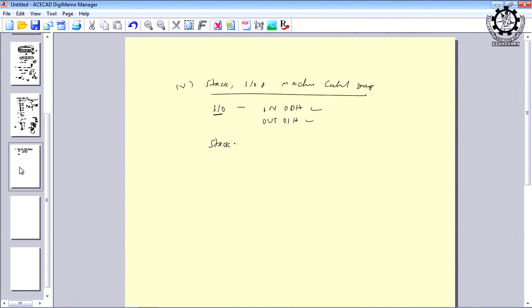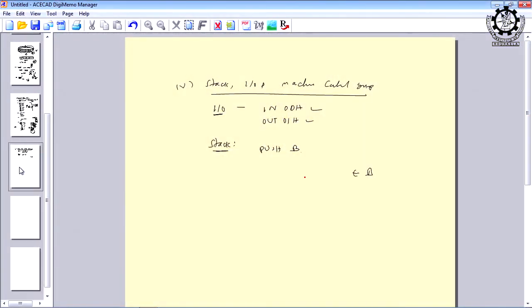Then the second one is stack instructions. What are stack instructions? How many operations are possible? Push and pop. They are the only two operations possible in a stack. So, PUSH B means the B content will be pushed into the memory location whose address is SP minus 1, and the C content will be transferred to SP minus 2, and SP minus 2 will be transferred to SP. This is the top of the stack, or the current value of the stack.